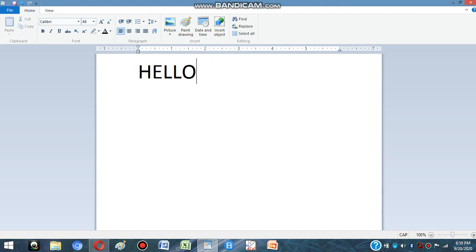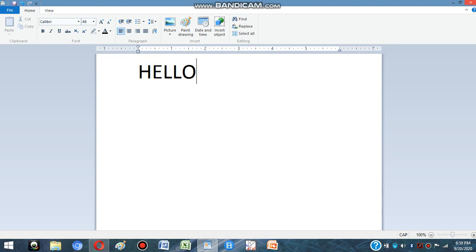The shortcut key for saving a document is Ctrl plus S. We can also save the document by Ctrl plus S. A WordPad document gets the RTF extension. So the complete name of the file is class3.rtf.